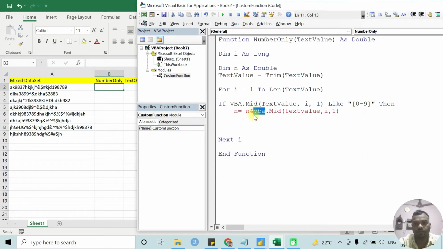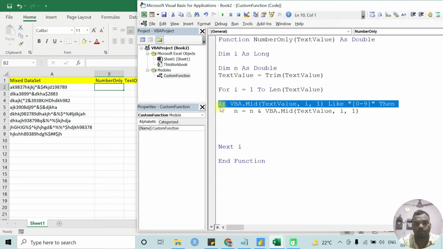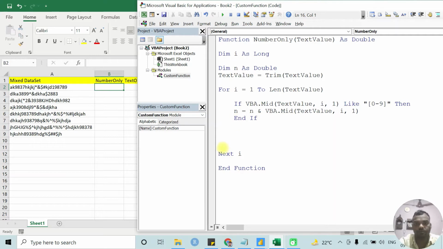Oh, I need to give it a space here and also here, and that's fine. I have also ended the for loop and the if logic. Now return this n value to the function: number only equal to n, which collects the value.